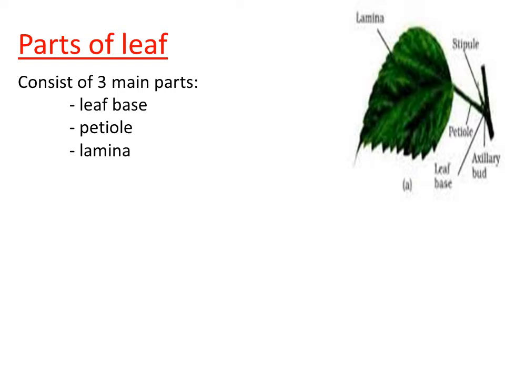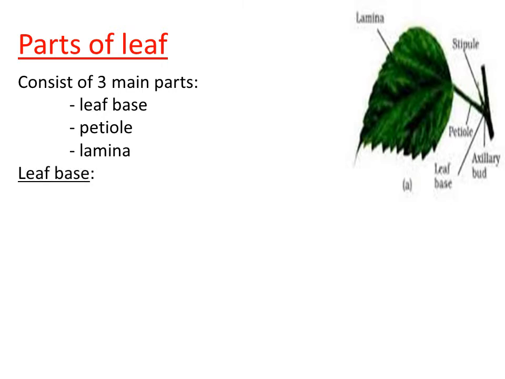This is a simple leaf. That means we have only a single leaf here. And this leaf is attached to the stem, right? The point from where the leaf is attached to the stem is called the leaf base. That is the first part of the leaf. Then the elongated stalk-like structure that we can see in the leaf is called the petiole, which is labeled in the diagram. And the broad portion in the leaf, the green part, is nothing but the lamina, right? So let us look into each part of the leaf and how it performs its function.